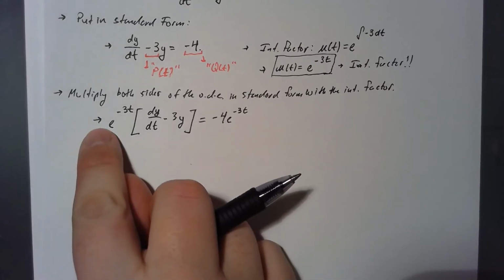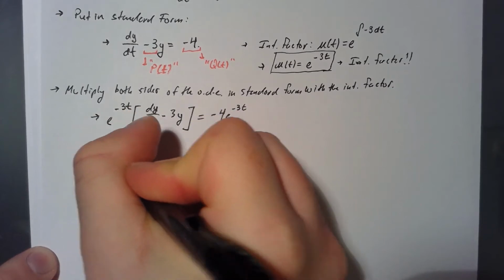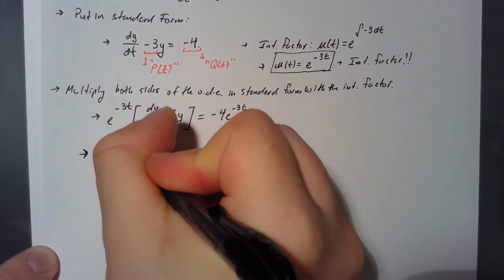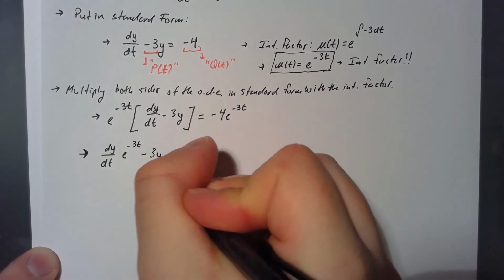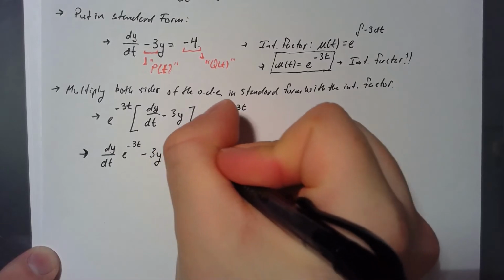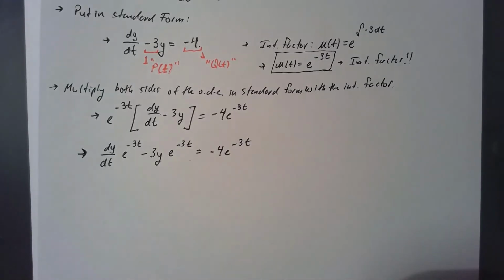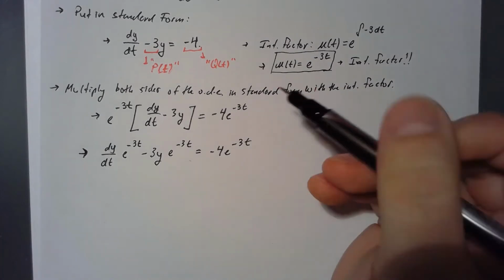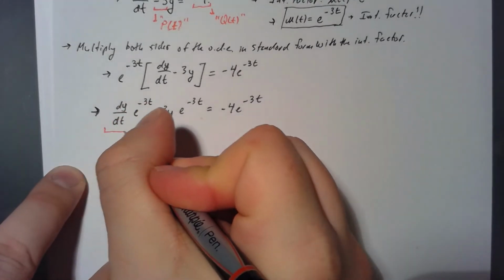Let's distribute this in here. So I have dy/dt times e to the negative 3t, minus 3y times e to the negative 3t, and that equals negative 4 e to the negative 3t. That's what I have now. All right, so here's what I want you to see. This is where the bee's knees shows up, man. Everything over here,